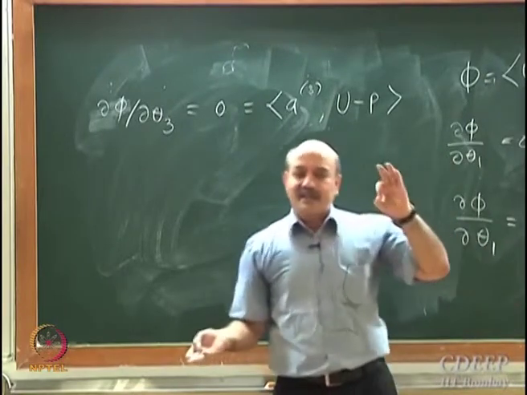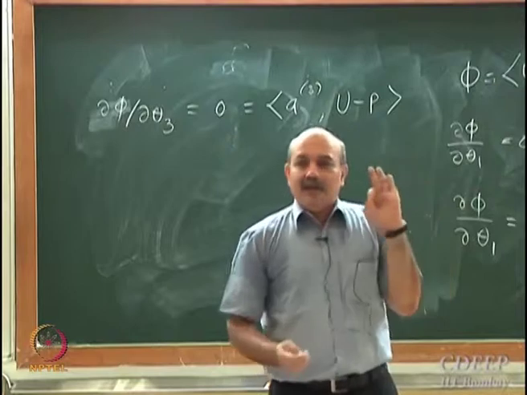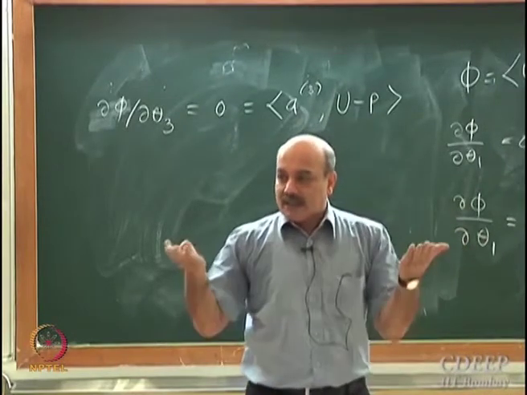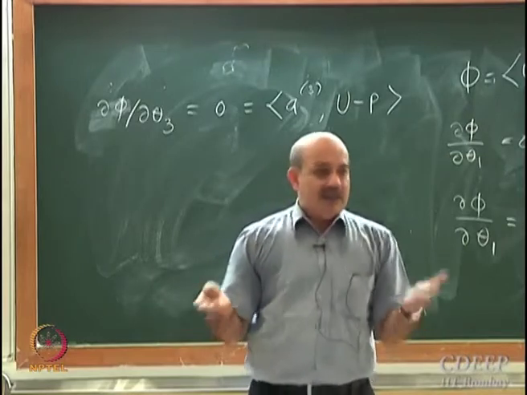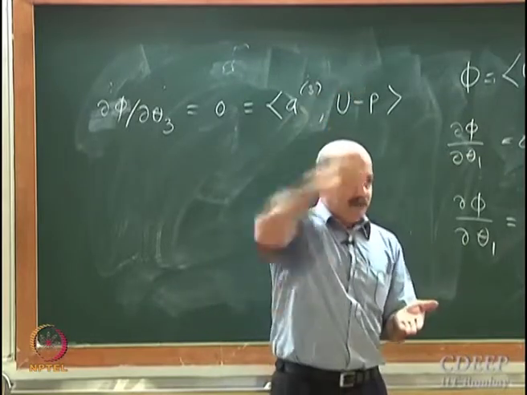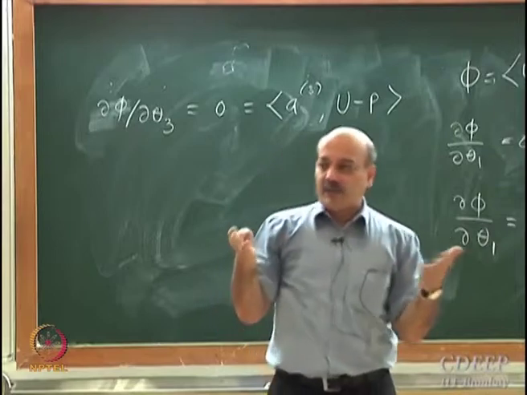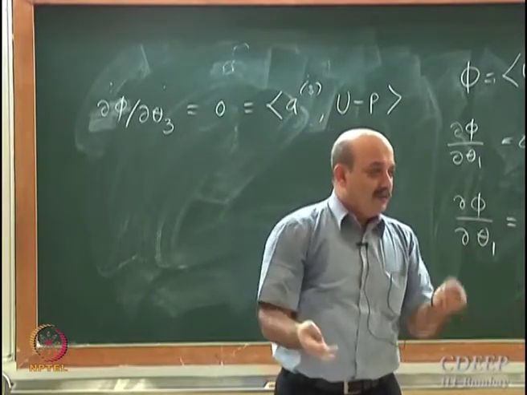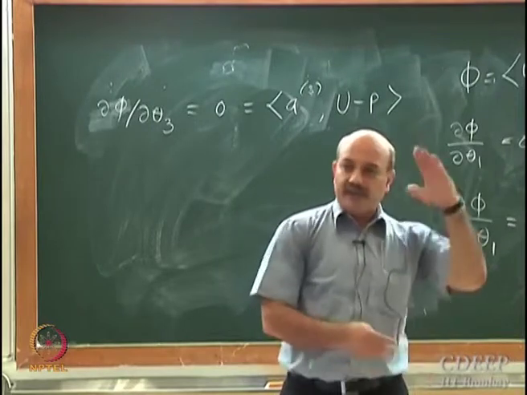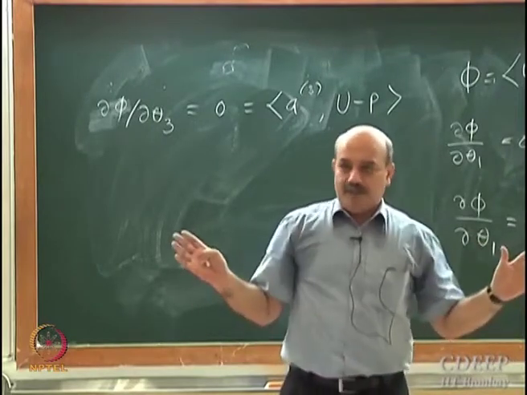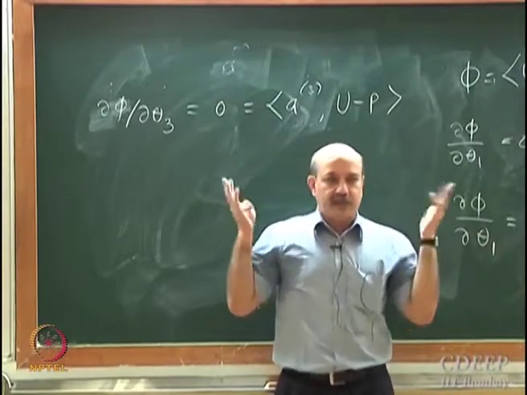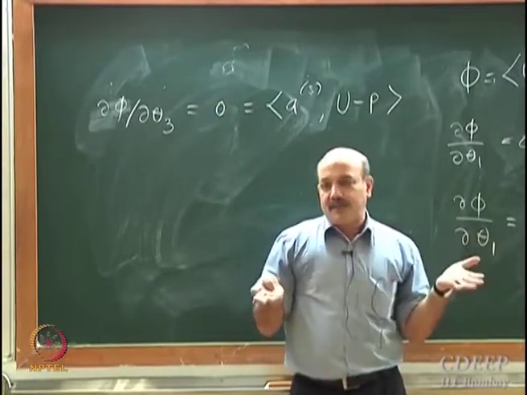Okay, which means the best approximation of u in the span of a1, a2, a3 is obtained just by dropping a perpendicular. This is just a generalization of the result from your school geometry. Drop a perpendicular from a point to a plane. That is the best approximation of that vector in that plane. That's all we are generalizing into a general function space or a general inner product space.